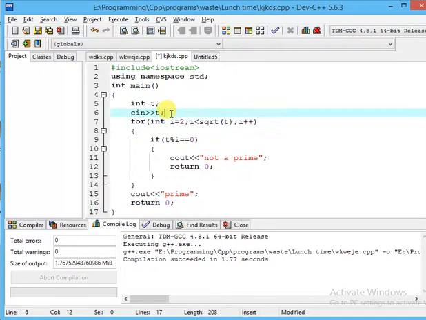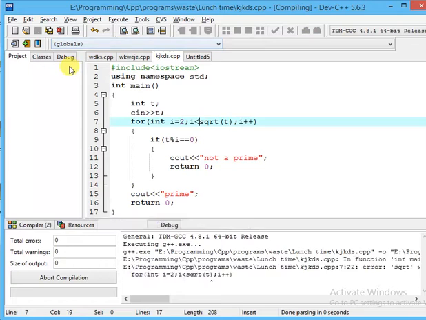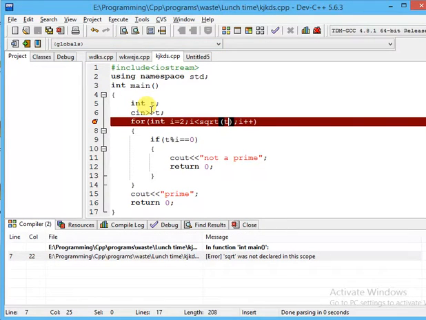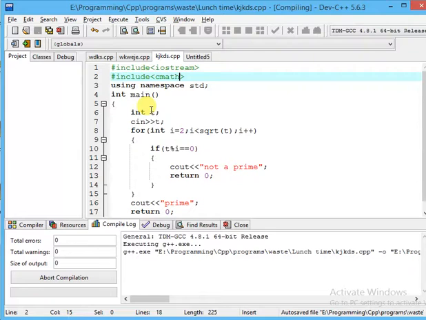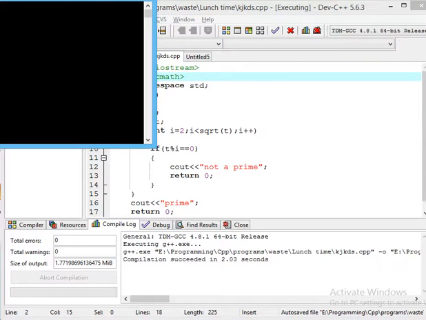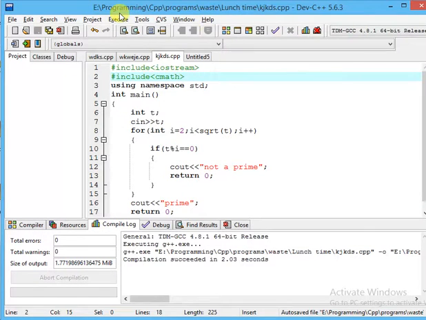I write the condition as square root of t. I have to use less than or equals to. I will show you why the equal sign has to come here. Square root is defined in math.h in C, and cmath in C++. For 97, it's a prime number, but when it comes to